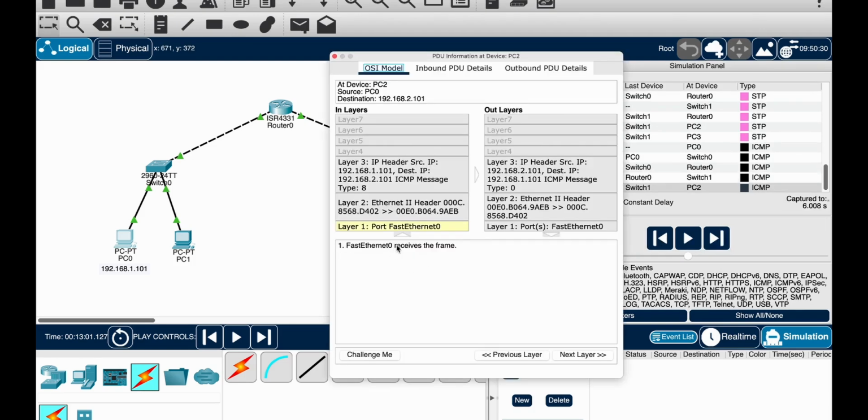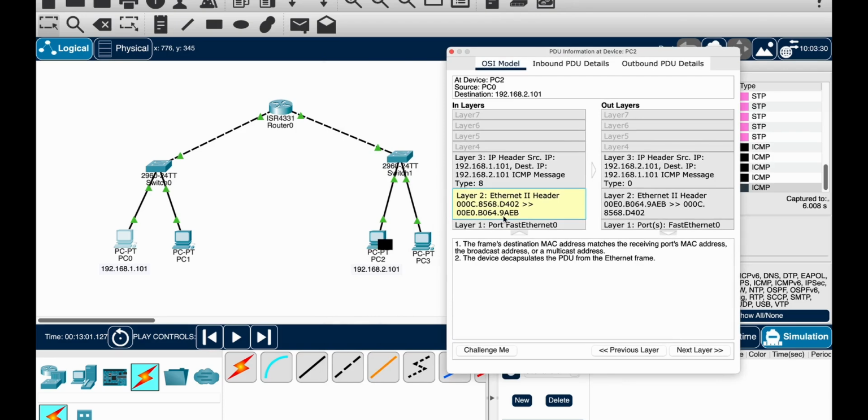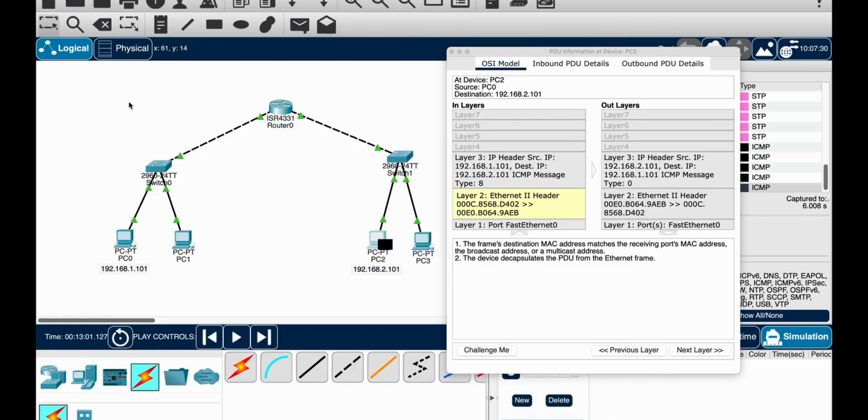And in this ICMP packet, you will see that the source is 9A, and this is this guy over here. So this is what's going out. In layer 2, the router has changed the information of the source and the destination. Initially, it was the destination and PC0 was the source. Now it is the source and the destination is this guy over here, PC2. So let's make sure that that is the case, 9AEB. That should be this guy over here, 9AEB. Hopefully this is making sense, and the source and destination is the same.